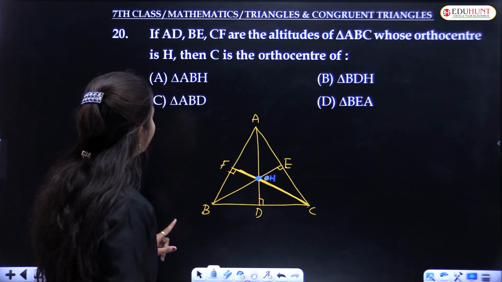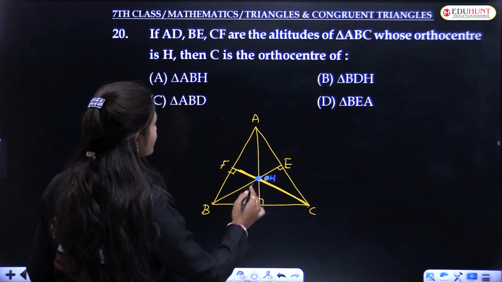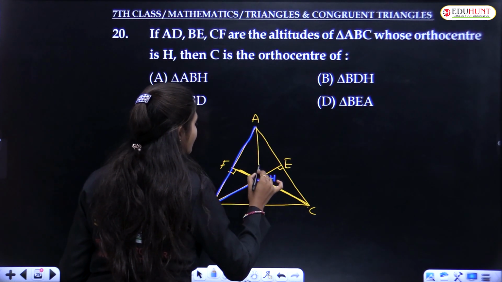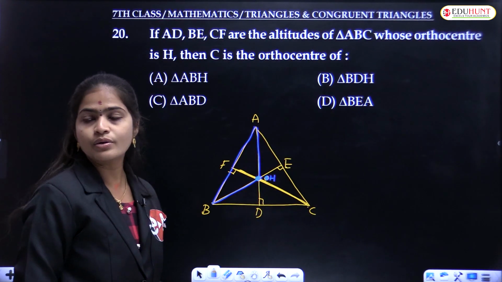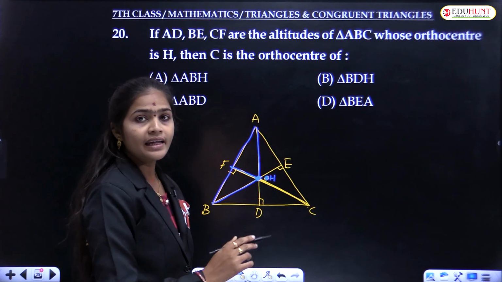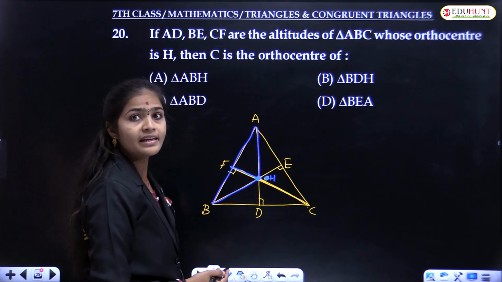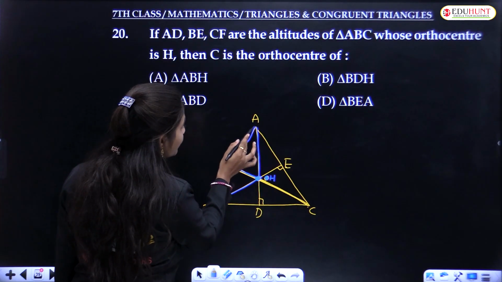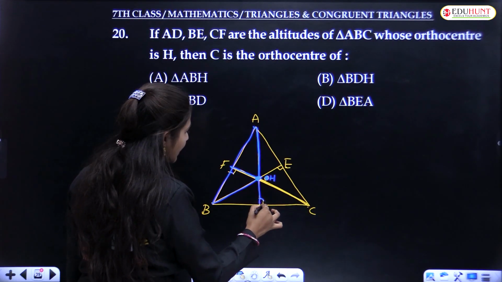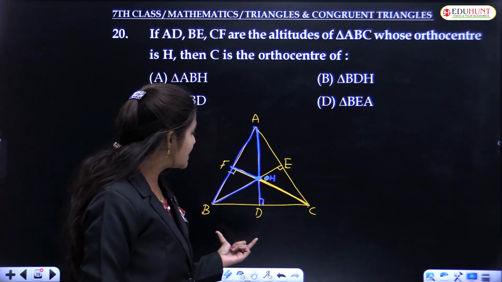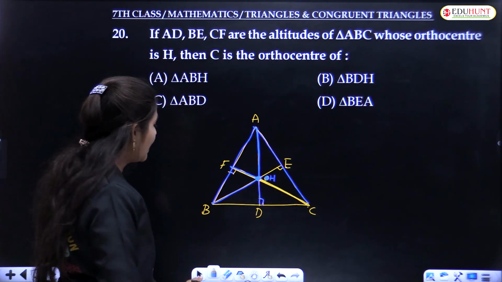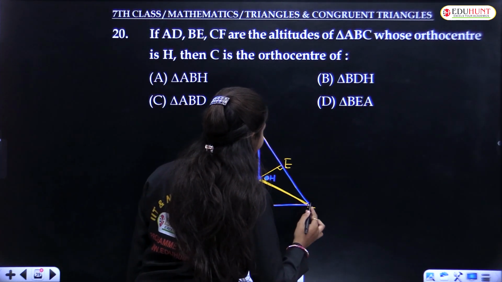Now what they are asking: triangle ABH. Once you observe triangle ABH, here is one of the triangles, no? In this triangle, this is one of the altitudes. We can draw another 2 altitudes outside of the triangle. This is one of the perpendicular altitudes, which is 90 degrees to the opposite side BC. So this is one altitude from vertex A and this is another altitude from vertex B.